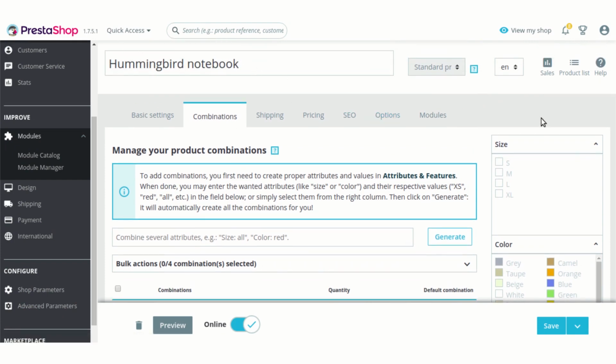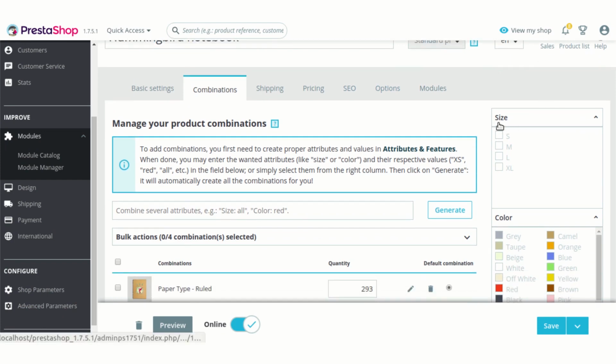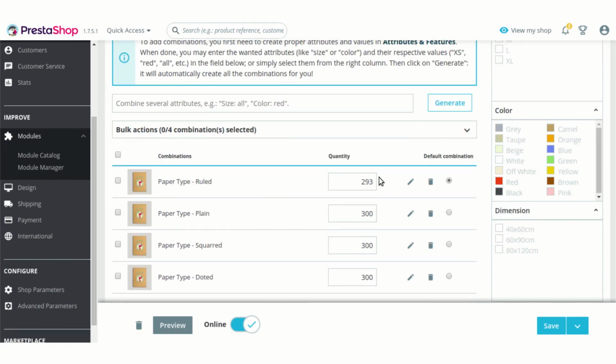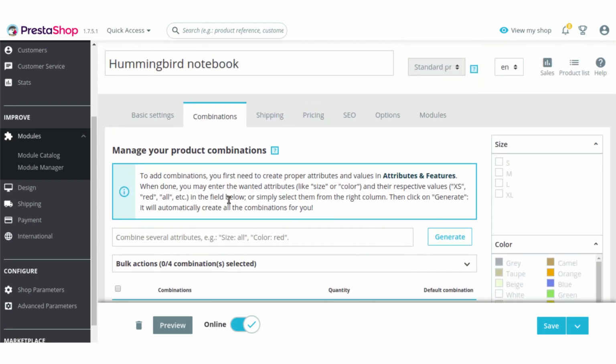As you can see, this product contains various combinations, and I already mentioned that you can associate different shipping carriers with different combinations of the product. So let's see how this functionality works.